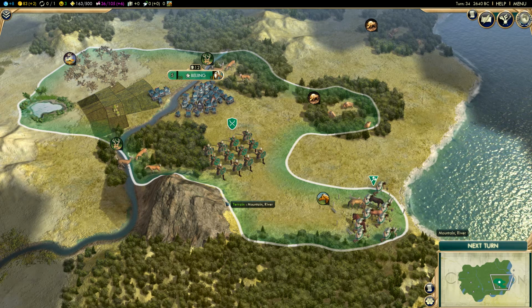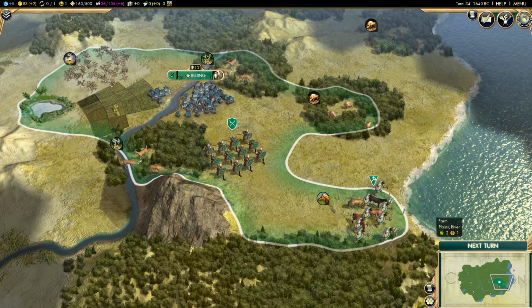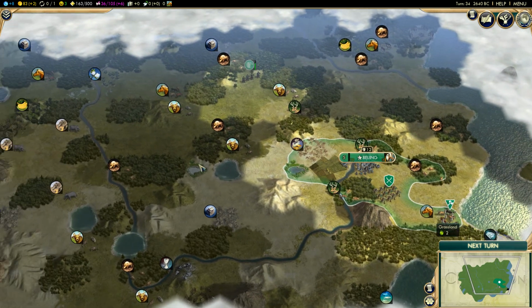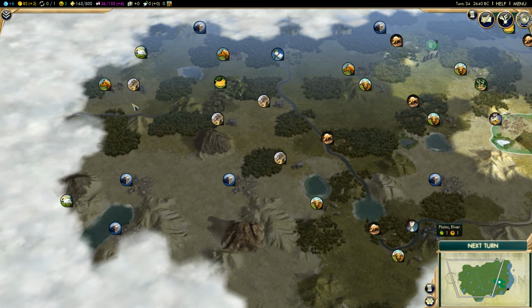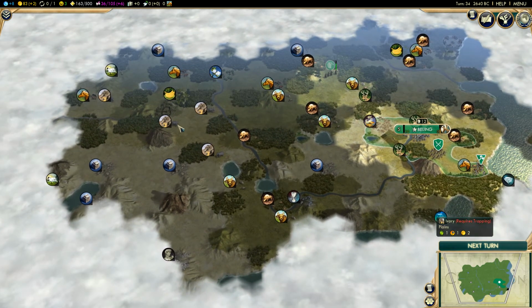Okay, we are back playing China, and we are out exploring the world a bit. In the previous episode, we found our first neighbor. The Dutch, they should be up around here somewhere. We had our first bit of